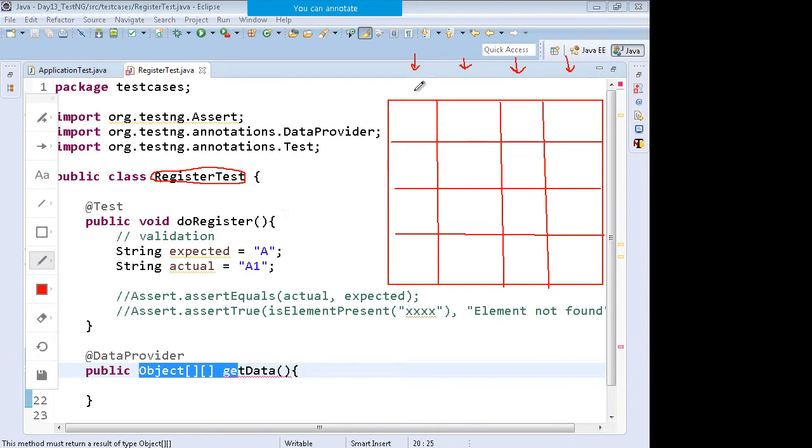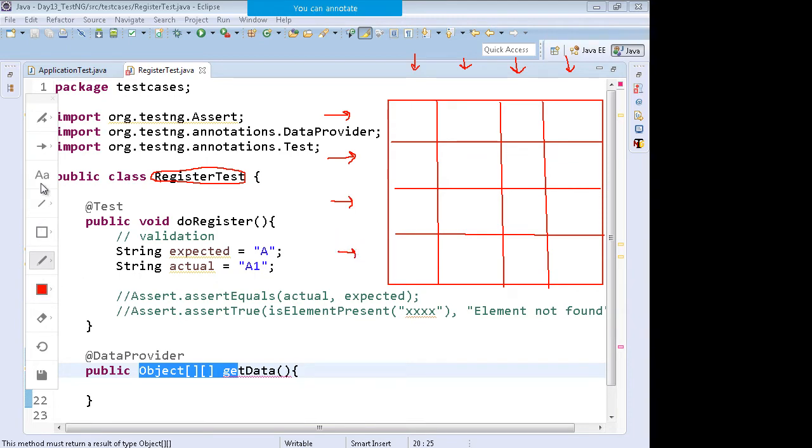If you have got 4 parameters in this test case, then you will have 4 columns, like username, password, email ID, phone number. And the number of rows is equal to the number of times you want to run the test.